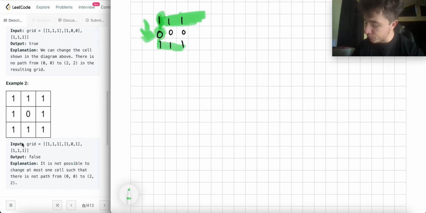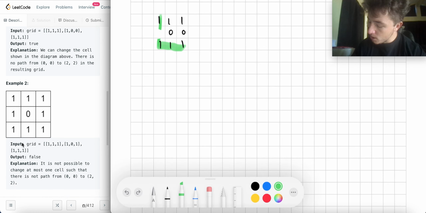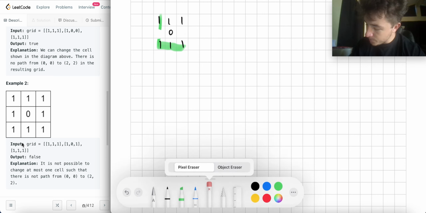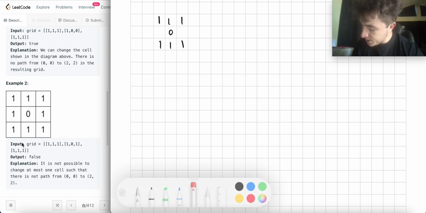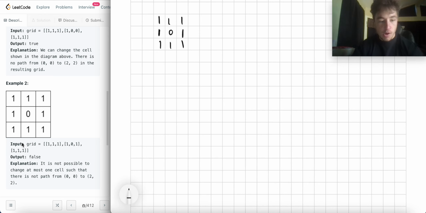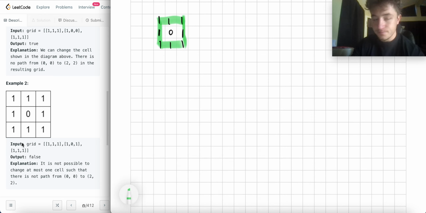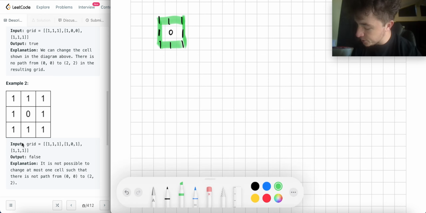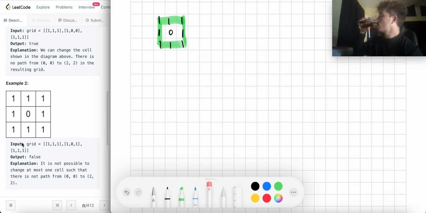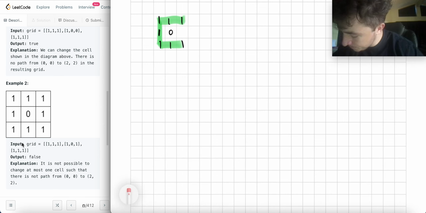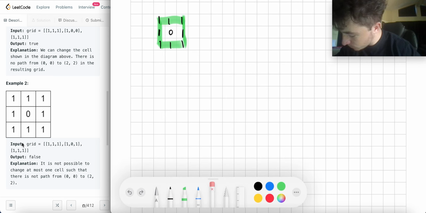Now this problem is different, right? Because in this problem, well, what's going on? Well, since this bit is 1, let's get back to object eraser. So for this second example, why is it false? Well, you'll notice that there are multiple paths to the destination. So if I were to change this value,